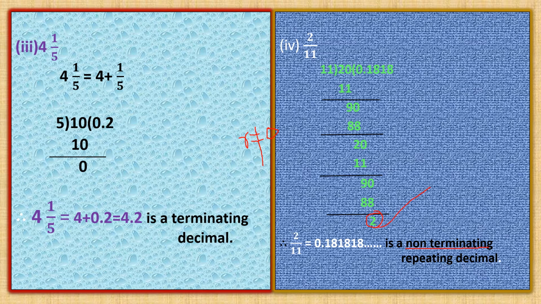But here you should observe one thing. Here 1 8, again 1 8. If you repeat the same here too, if I take 0 here, again you will get 1 8, right? 11 ones 11, again 1 8, right? Means this 1 8 is repeating, so it is called a non-terminating repeating decimal. Okay, one thing you should remember: 0.1818, this 0.1818 I can write as 0.18 bar. Whatever digits repeat, you should represent them with a bar. Clear, children? So let me go to the next slide.